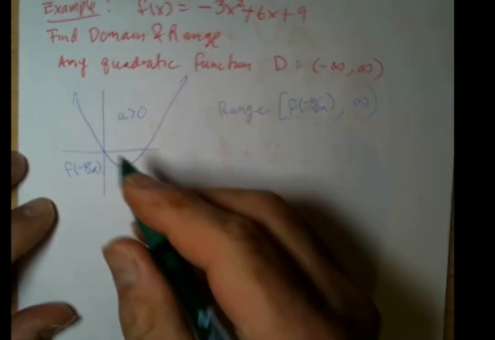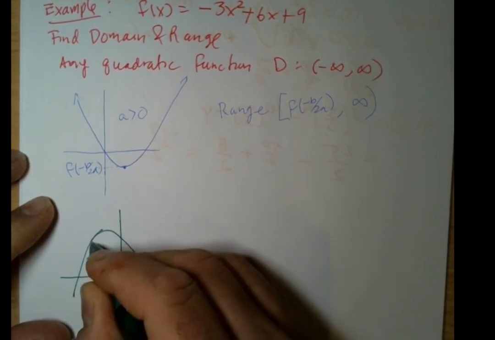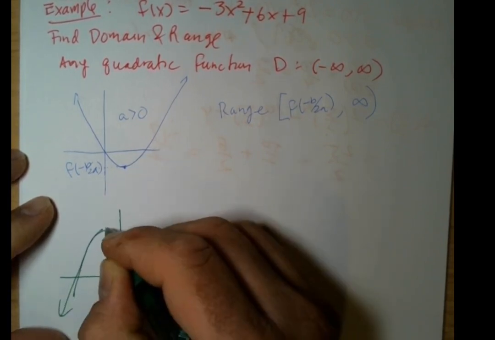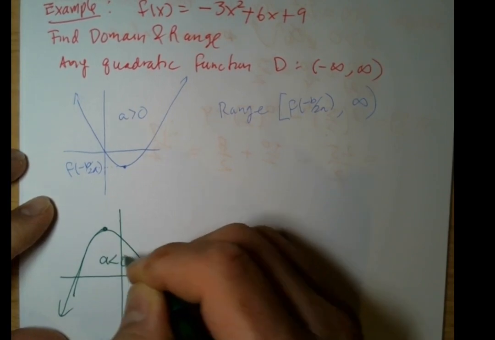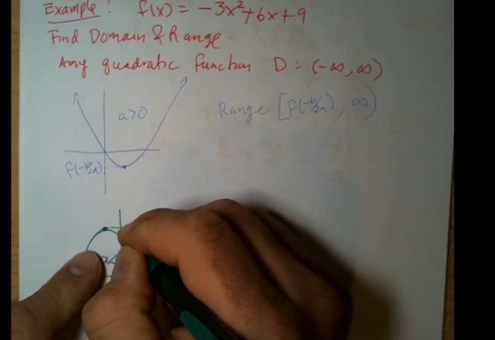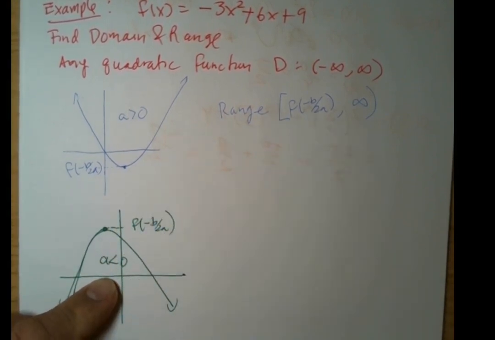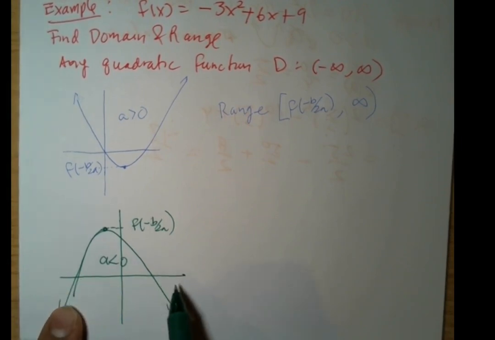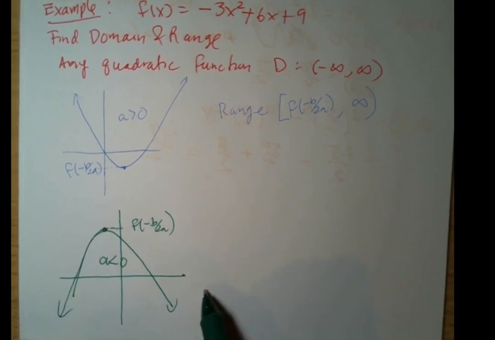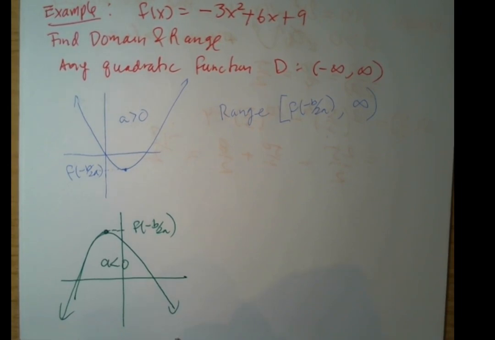Now, in the other case, where a is less than 0, right, it opens downward, and we see we have an absolute max, right? Okay, now we don't have a minimum because this keeps decreasing, right, as x goes further out to the right or to the left, right? Those values keep getting more and more negative, more and more smaller. Now, in terms of the range,